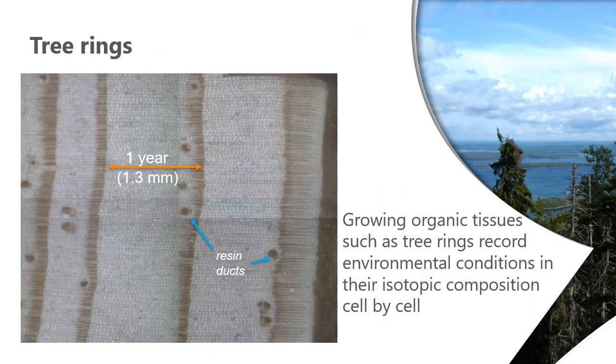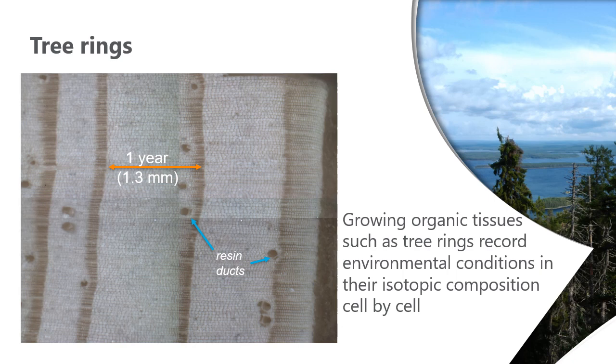Now looking more closely at the stem of the plant, in this case the stem of a tree. In this image you can see a cross-section of tree rings. Each of these light to darker brown bands represents one year or one growing season. The band in the middle is approximately 1 millimeter thick. The yearly growth starts with these lighter colored early wood cells and ends with these thicker walled dark brown colored